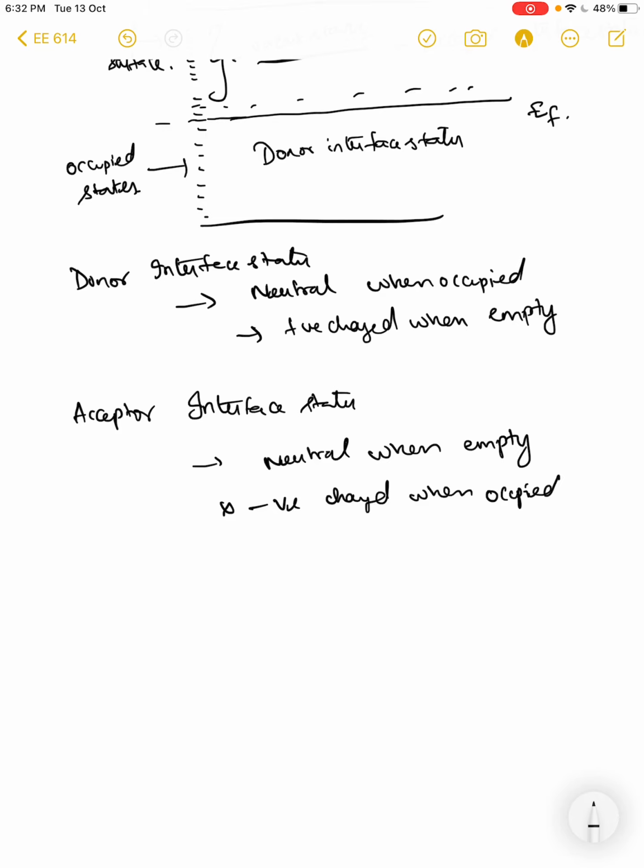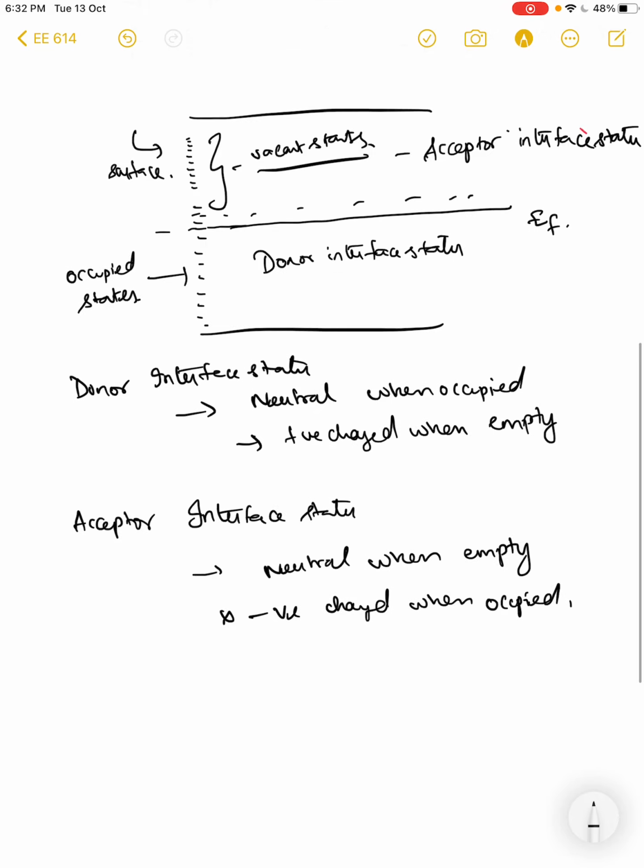So you can see why the states below the Fermi level at 0 Kelvin are called donor states, right? They are occupied naturally, and the acceptor states, which are states above the Fermi level, are empty and vacant. So this is the state at 0 Kelvin and the entire material is neutral, right? And if you raise the temperature, the electron may jump from the donor state to the acceptor states, thereby creating a positive charge in the donor state and a negative charge in the acceptor state, keeping the entire material neutral all the time, right?